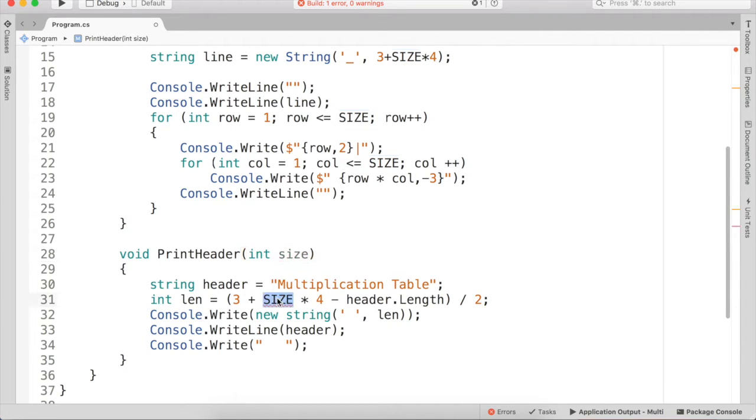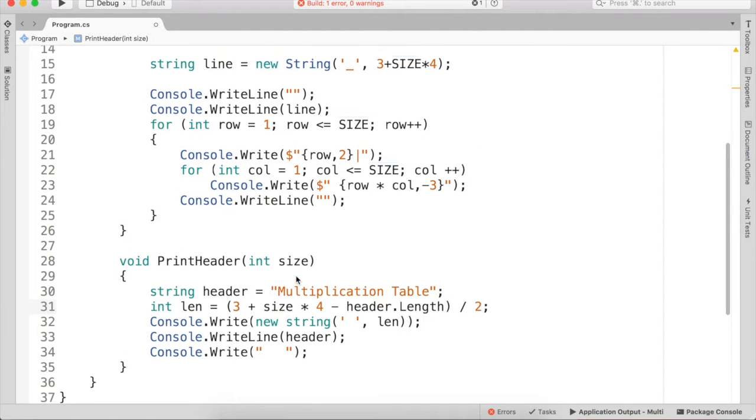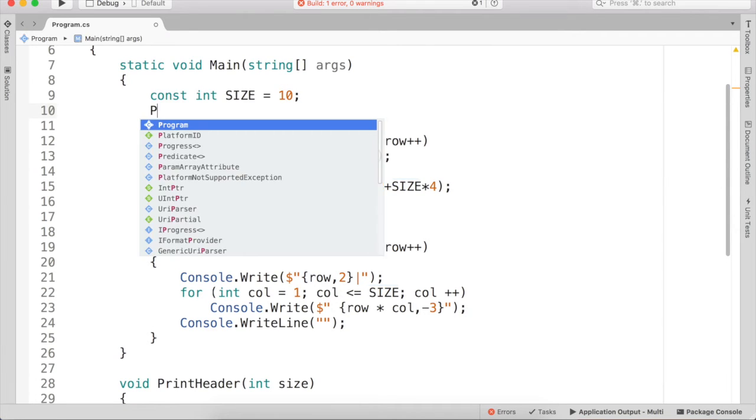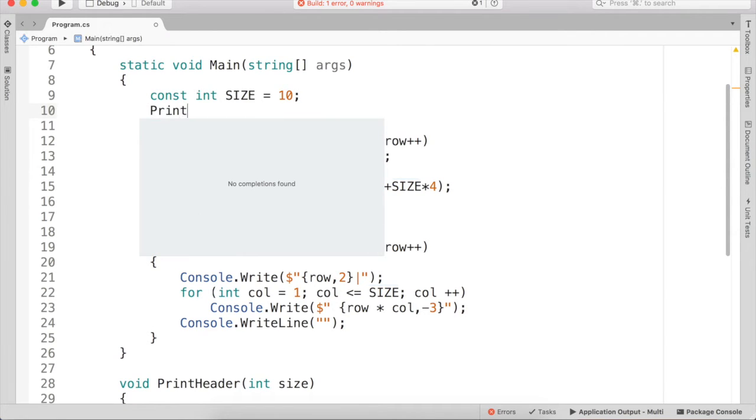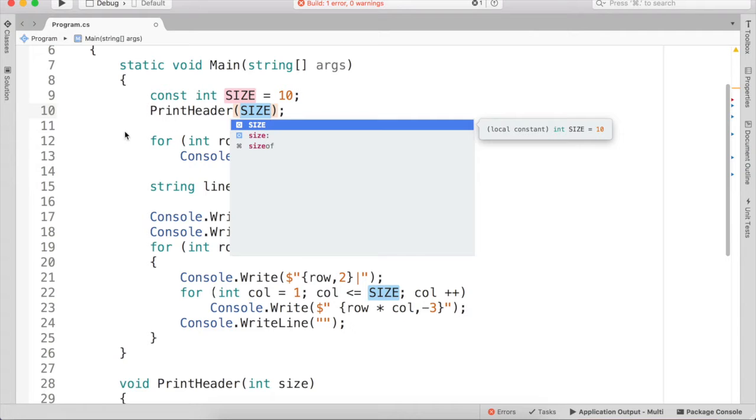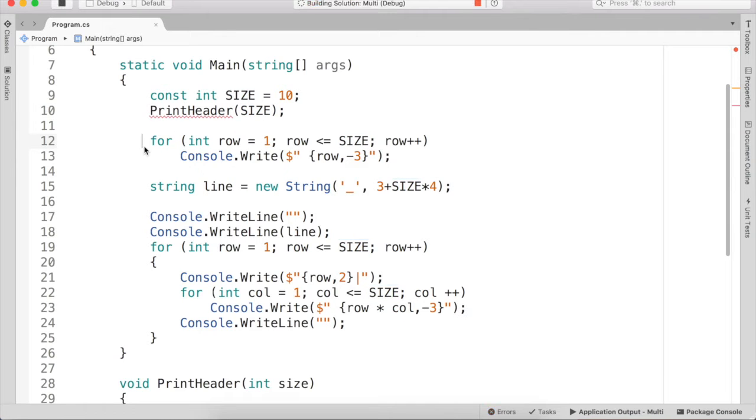And obviously I have to rename it here, because now I'm not using the constant, I'm using a parameter, and I want to call it from the main function. You see, it's not helping me. If you remember, it doesn't help me because